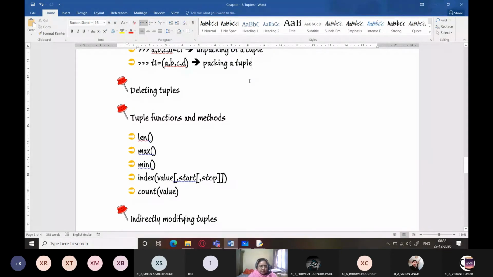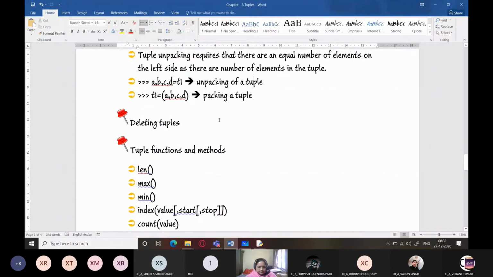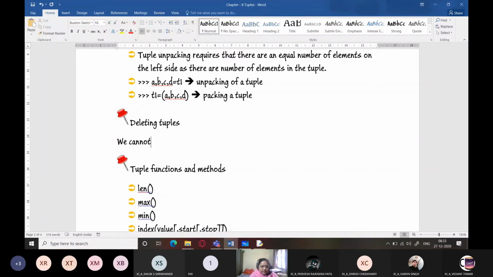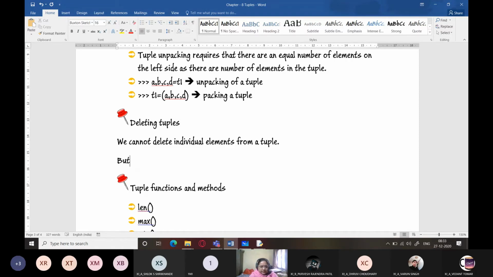Please note that we cannot delete individual elements from a tuple, but we can delete a whole tuple, right? So how will you delete the whole tuple?